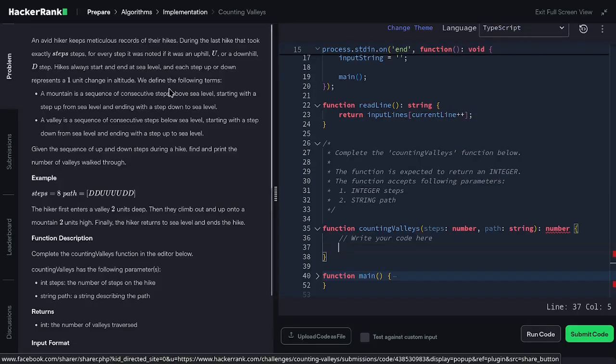Counting Valleys. And for the challenge, it describes an avid hiker keeps meticulous records of their hikes during the last